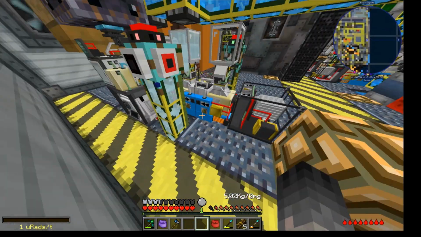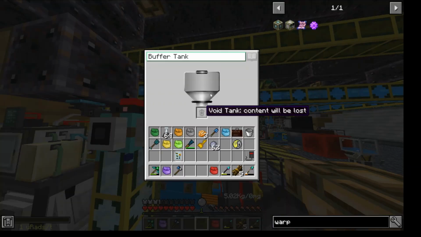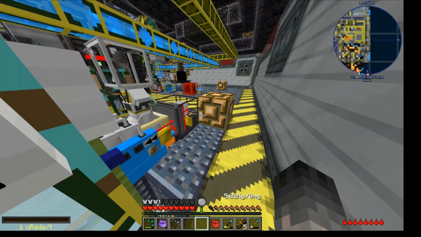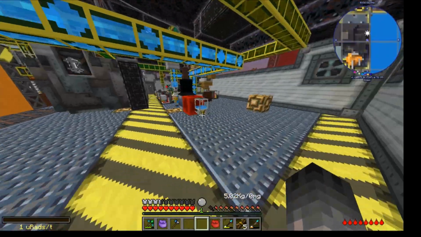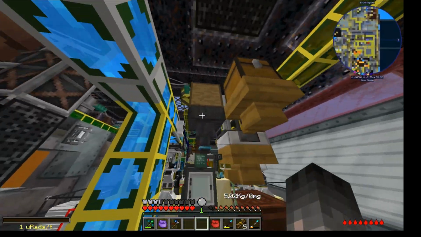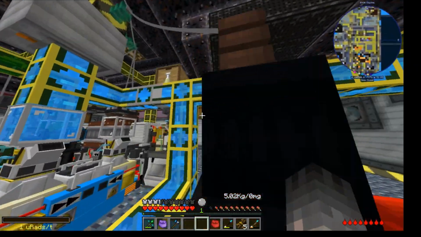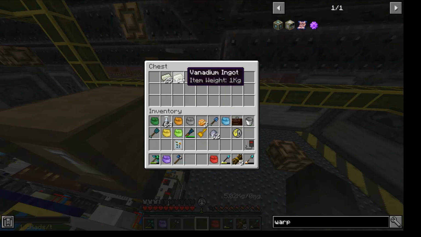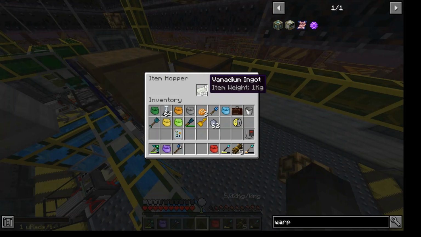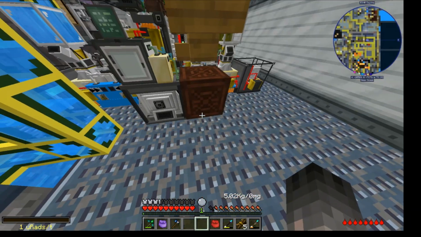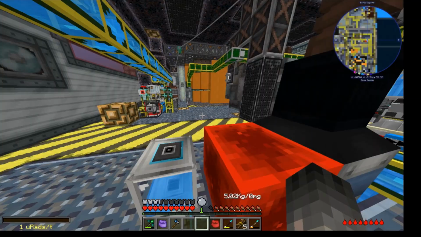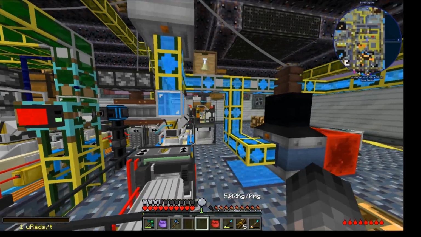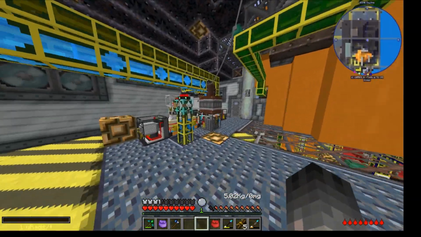And toxic waste, if I can remember correctly. Toxic waste you get from most of these processes. Sulfuric acid is a good way to get rid of your sulfur compound, and you will need some vanadium dust or vanadium ingots. For that you will need to have a few minerals sized later on. But in the beginning, there's a second way to get